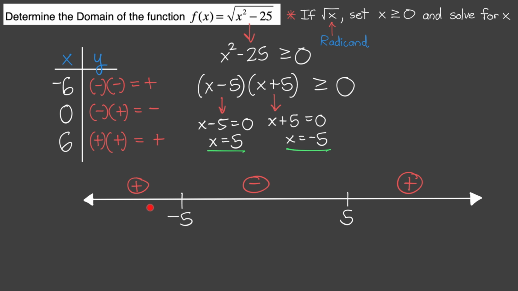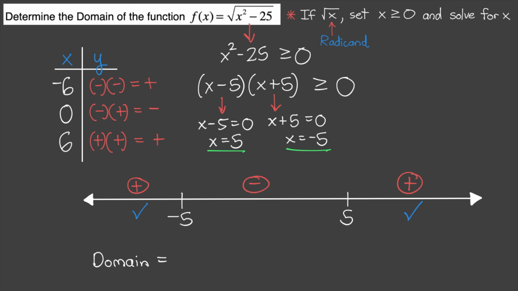All right, so now we have to decide which of these intervals satisfy the inequality. Well, we want the product of these two factors to be greater than or equal to 0. So that tells us that we want the product to be positive. So that means the left interval and the right interval satisfy the inequality. So notice there's really an infinite number of numbers that would satisfy the inequality. So that tells us that our domain